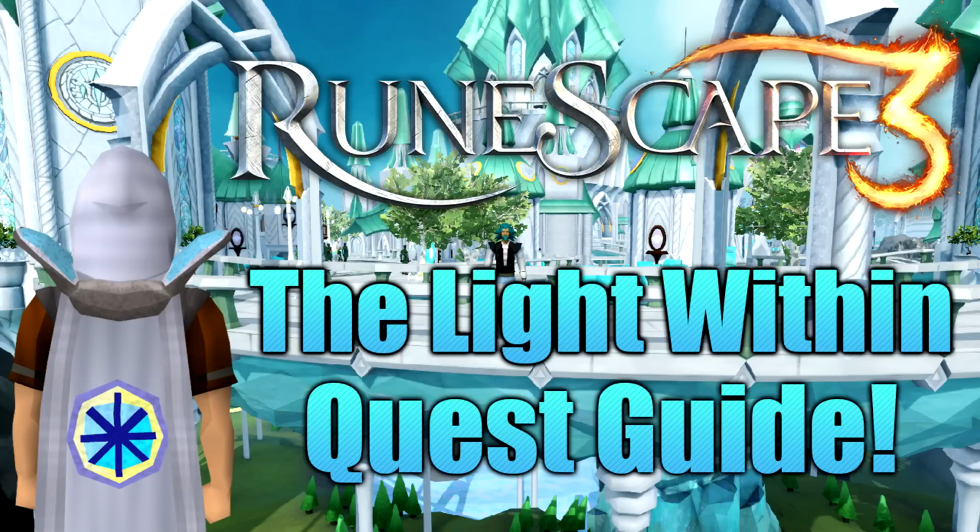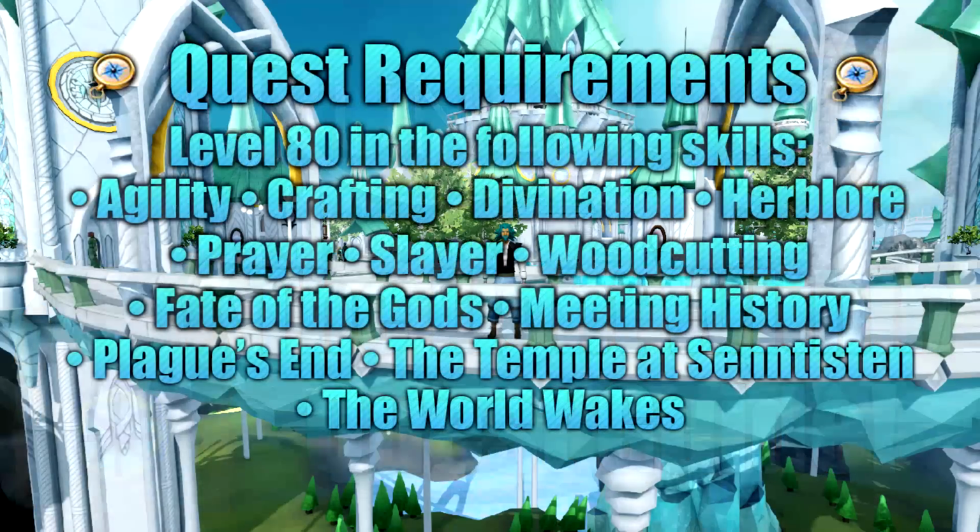It is Hightower5000 here today, bringing you the Light Within quest guide. The quest requirements for this quest are, you must have level 80 in the following skills: Agility, Crafting, Divination, Herblore, Prayer, Slayer, and Woodcutting. You must also complete Fate of the Gods, Meeting History, Plague's End, the Temple of Senntisten,